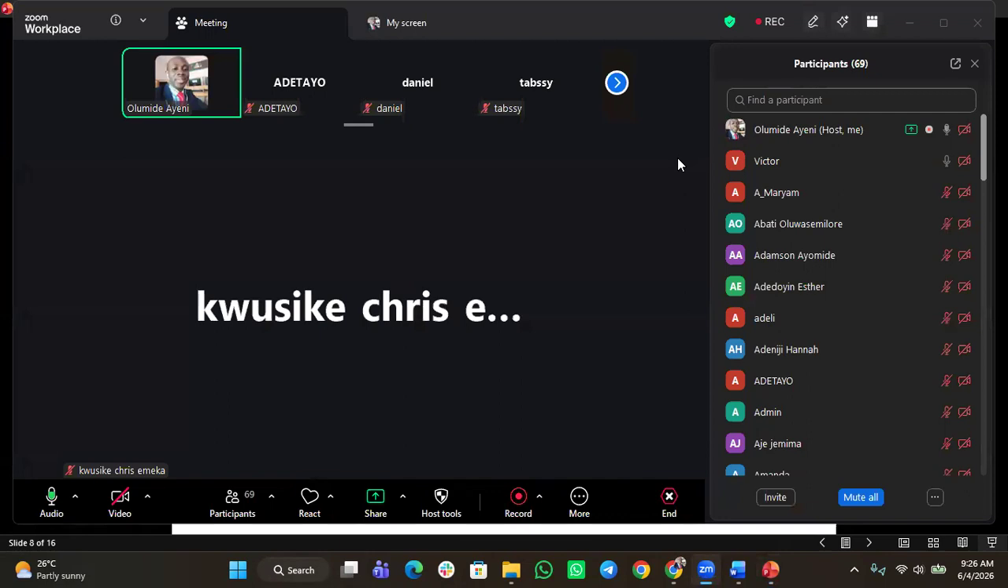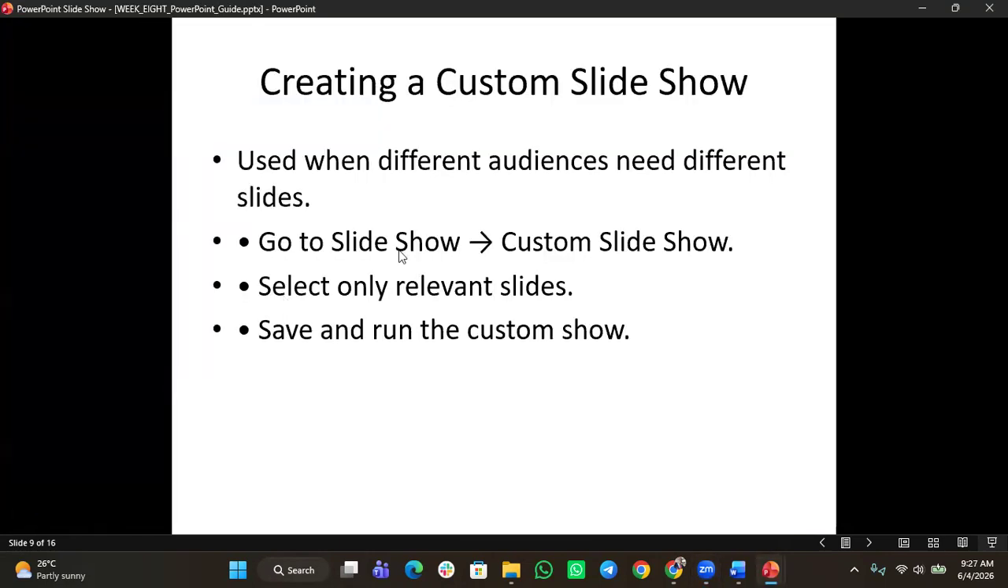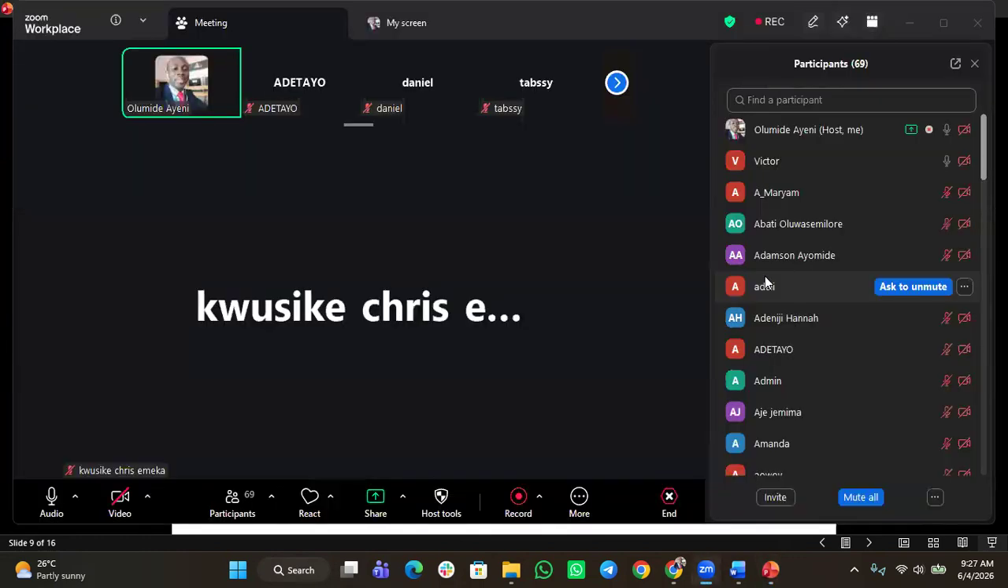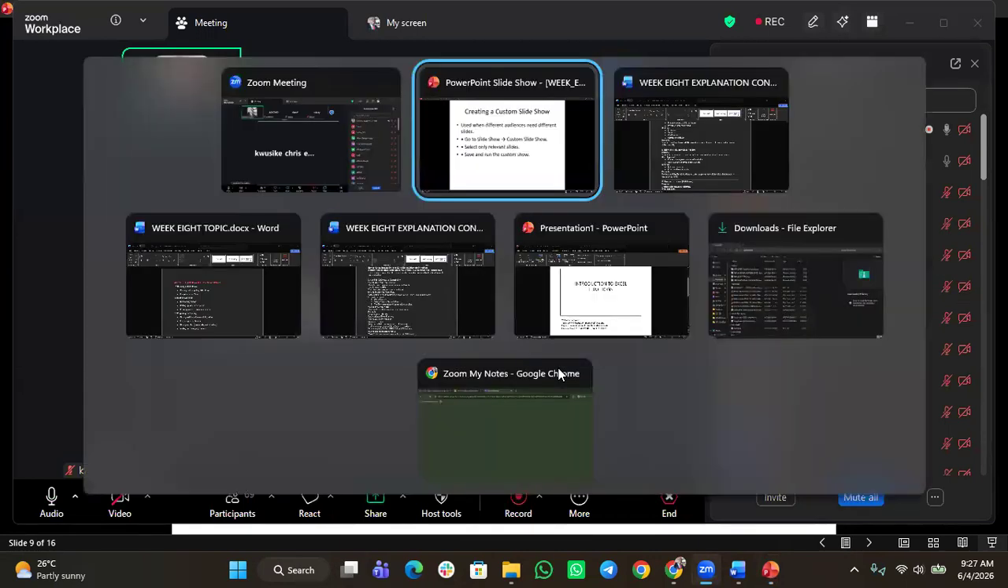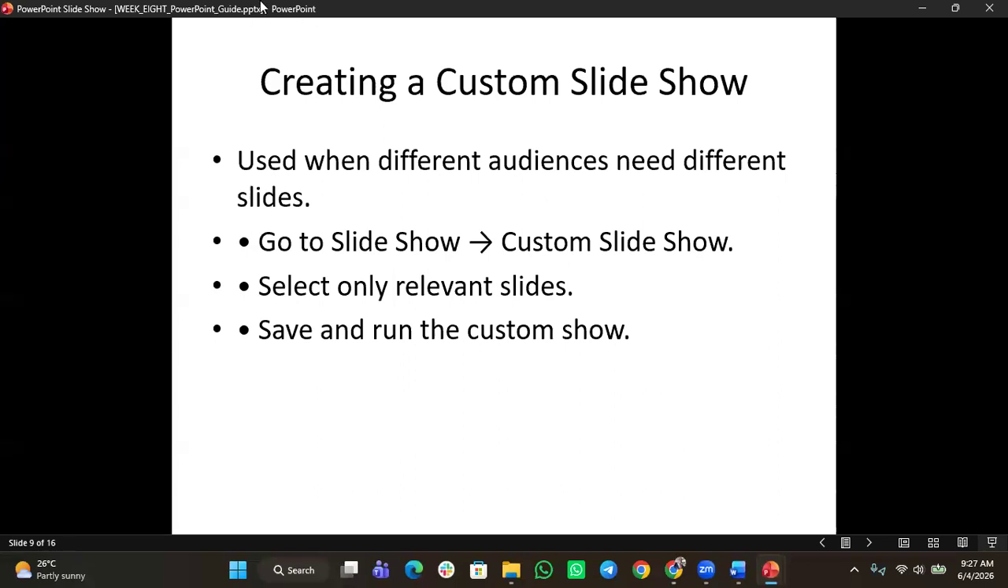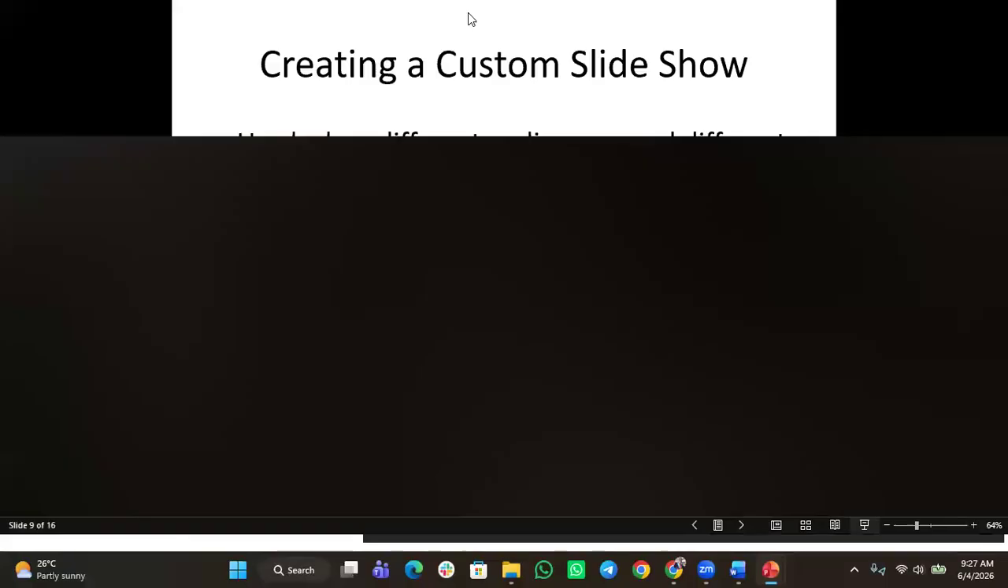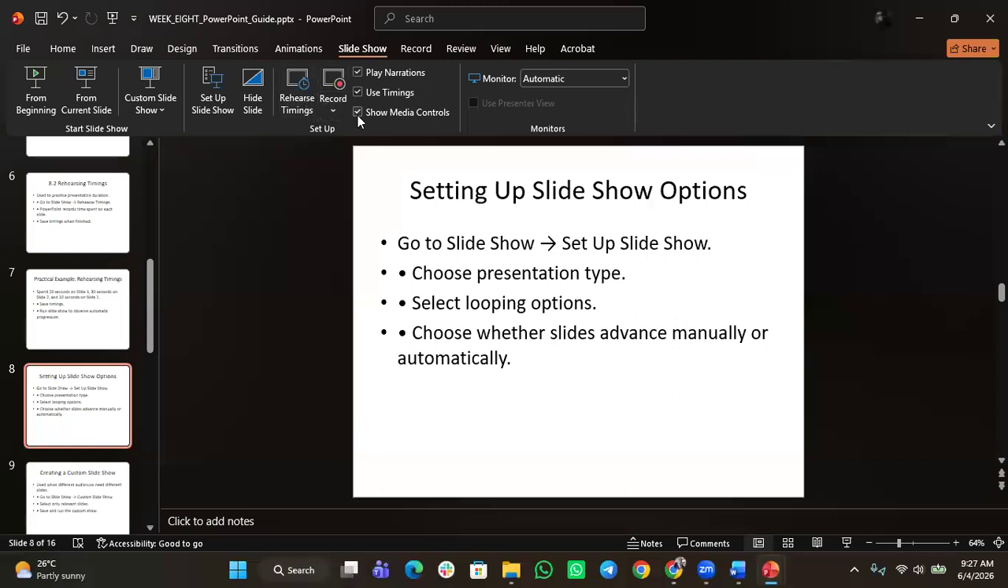I want to shift that thing out. Now, let me bring it down so that you can see what I'm saying. You will notice something: when I chose the second option, you can see PowerPoint slideshow, week 8, PowerPoint guide. You can see all those things there. But by the time I click the escape button and then